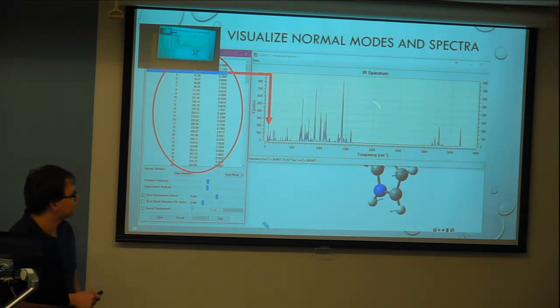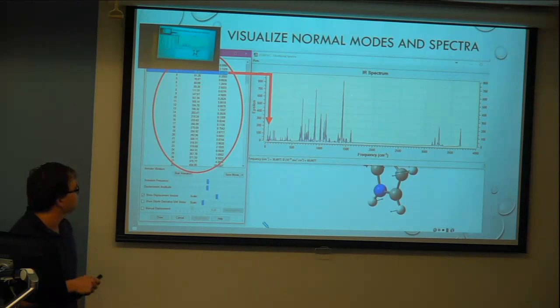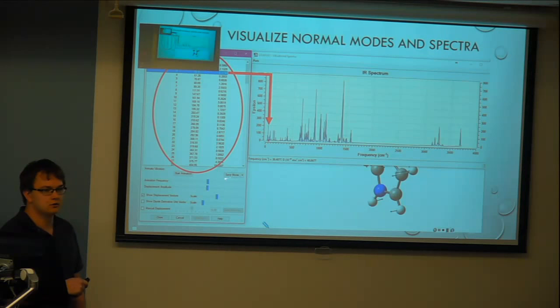And you can also visualize the exact spectrum that is produced from these normal modes, or predicted spectrum. And so if you look at state 3 here, it corresponds to this red highlighted region as well, so you can pick out each one. And additionally, you can save the movie in a limited number of formats, but good enough, I guess,